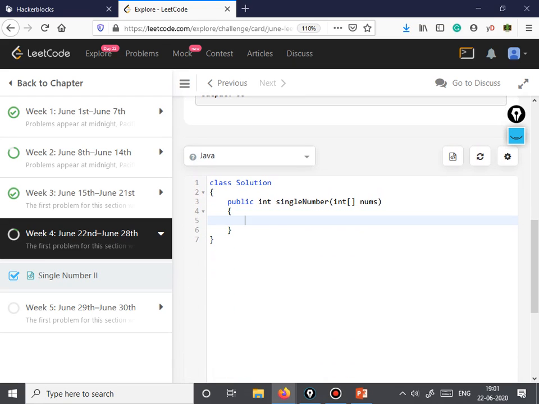So going ahead with the solution, int n would be equal to nums.length. Then we need a variable to store the result, int result is equal to 0. We'll initialize this to 0, and then first we need to iterate through all the bits, which would be 32.